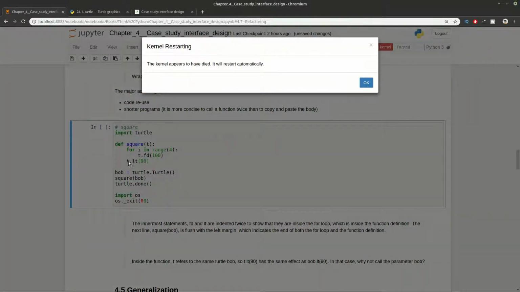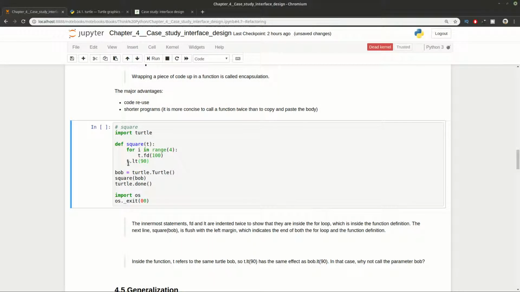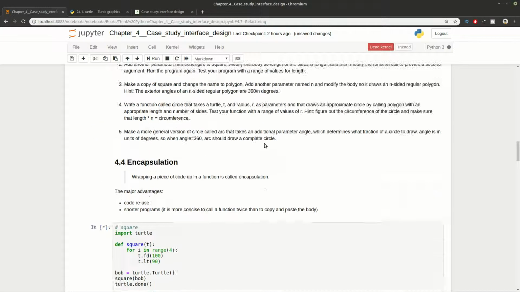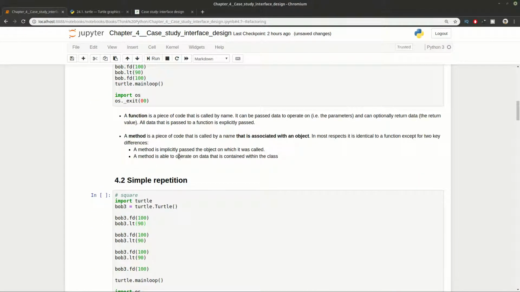And if you return the statement as in the past, you can see that we are drawing a square, and this time the pen is pointing to the right, and in the previous program you can see that it was pointing to the bottom.